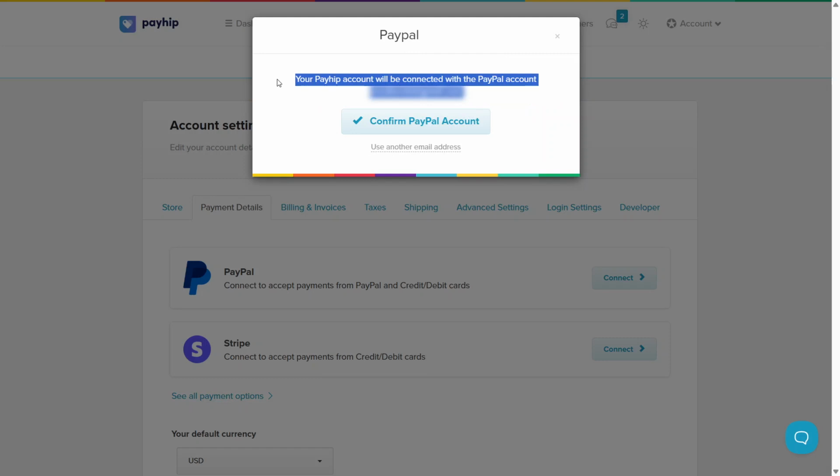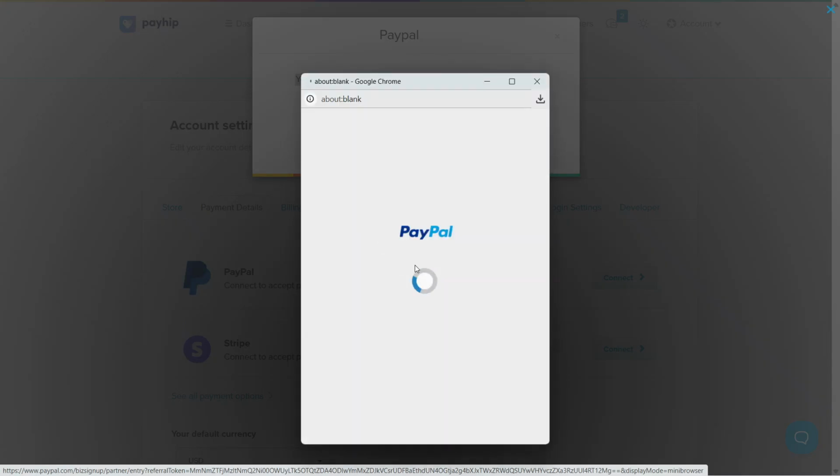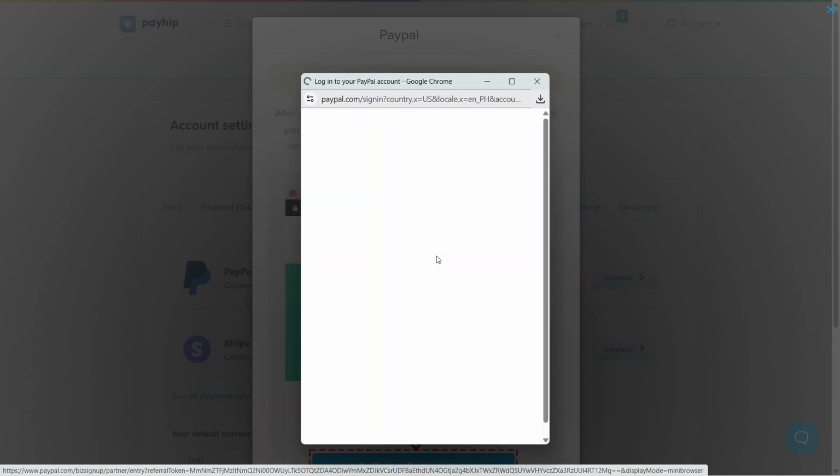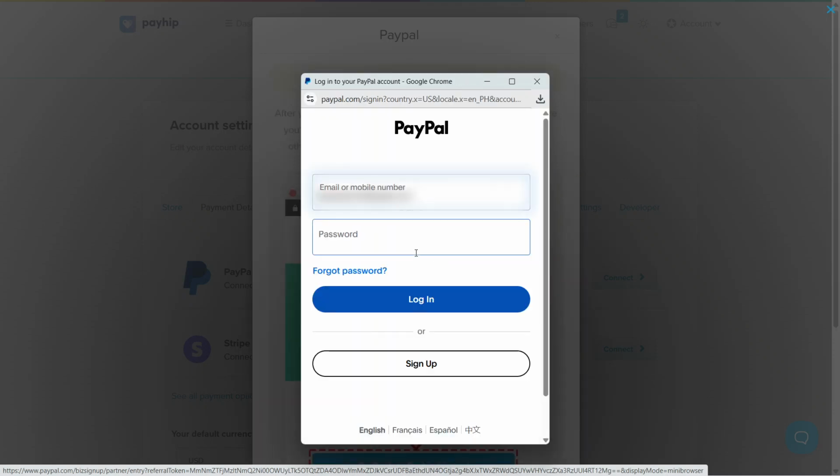When it's ready, you should see a message saying that your Payhip account will be connected with your PayPal account. At this point, click the button that says Confirm PayPal Account. A new pop-up will open, taking you to the PayPal login screen. Wait for it to fully load, then enter your PayPal email or phone number, followed by your PayPal password, and